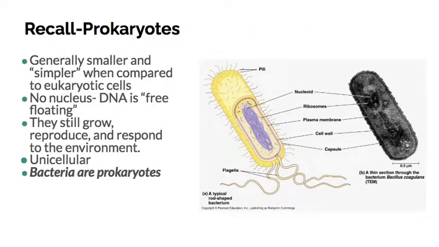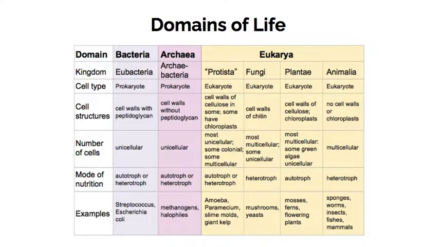So if you recall, prokaryotes are unicellular organisms that lack a nucleus. They have DNA, but the DNA is not found in a membrane-bound nucleus, but in the cytoplasm instead. For many years, prokaryotes were synonymous with bacteria, but now we classify them a little differently. Biologists have divided prokaryotes into two distinct taxonomic groups, bacteria and archaea.